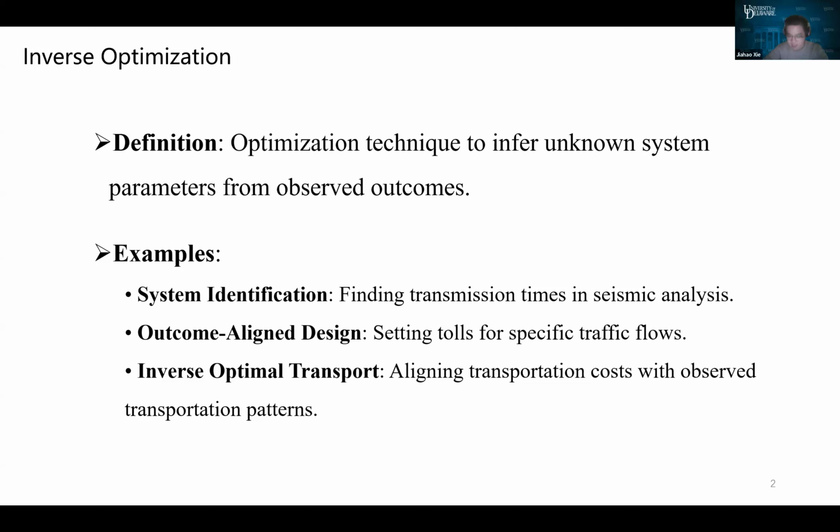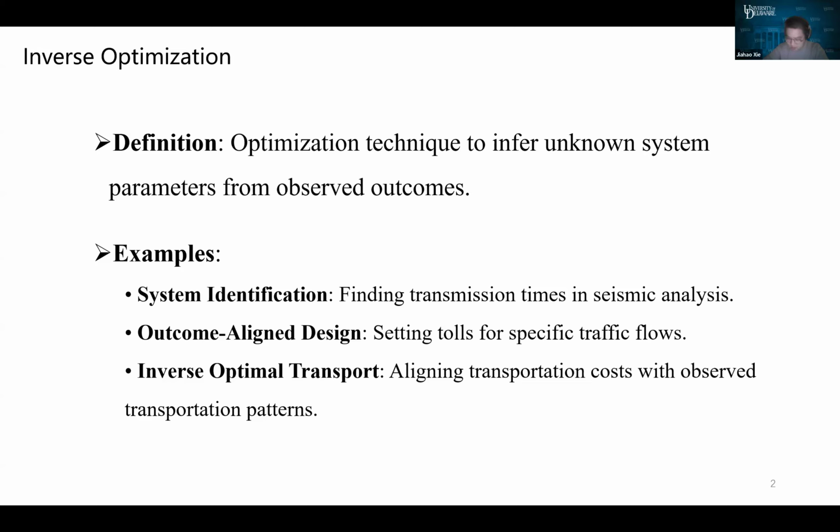In outcome-aligned design, inverse optimization can help us achieve specific traffic patterns by adjusting tolls. If we know the desired traffic flow, we can work backward to figure out the tolls that would create that